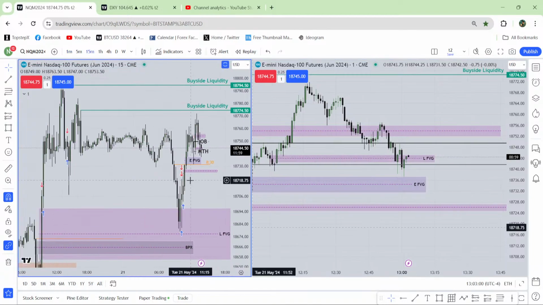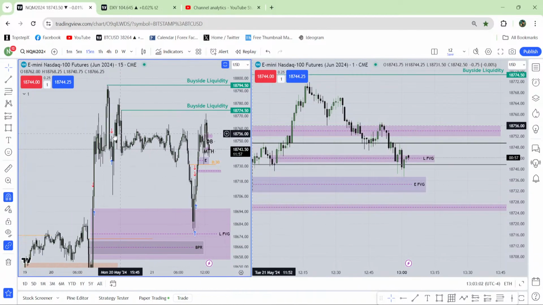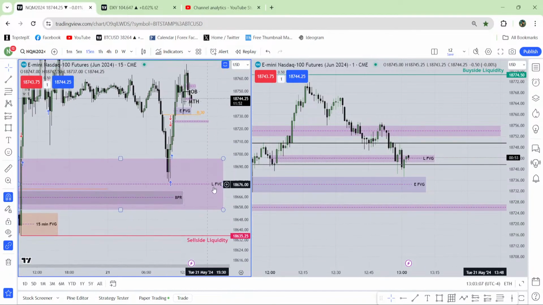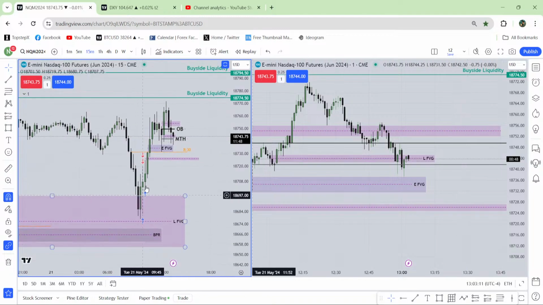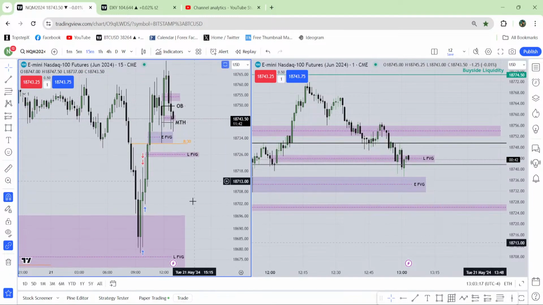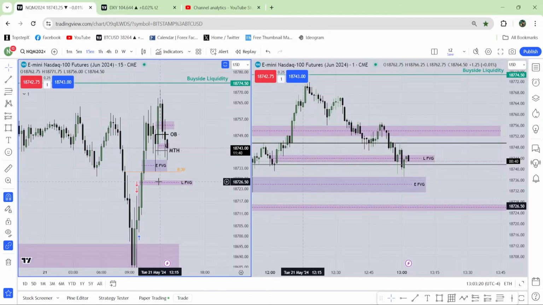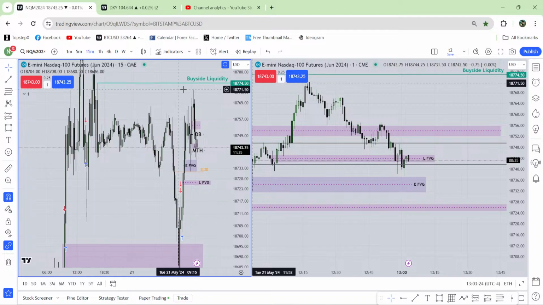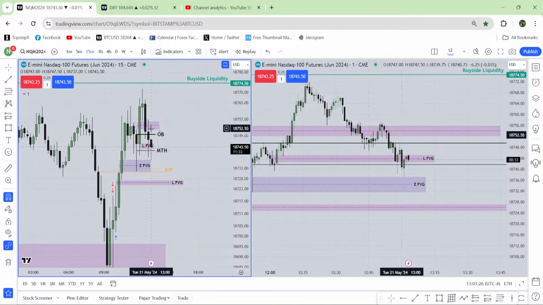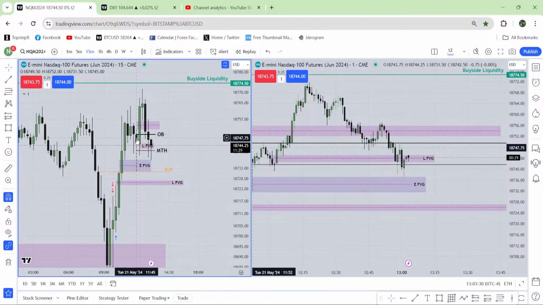The logic is market went lower, took all of the sell side liquidity, everything has been taken. At the same time, it has traded this last fair value gap from the 15-minute chart. After that, this is a displacement, market structure shift, entry fair value gap, breakaway gap. Price came to this entry fair value gap, went higher, made these relatively equal highs, came back again to this down close body close candle, which is called the bullish order block.